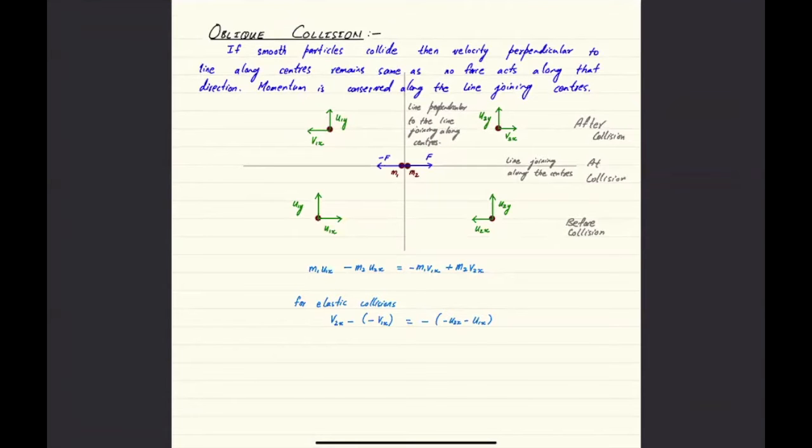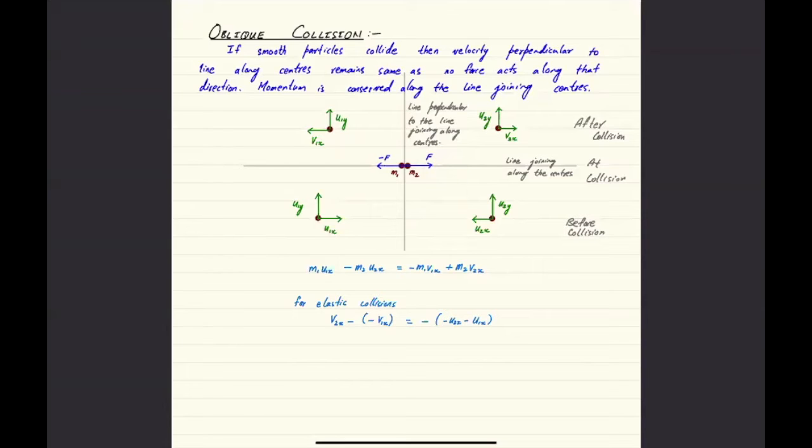Two particles could be moving in such a way that they're moving at an angle and they collide and then they rebound and start traveling in different directions. So these are the two velocities of the two particles before collision, and these are the two velocities of the two particles after collision. At the point of collision, the velocities which are perpendicular to the axis of the particles, the individual